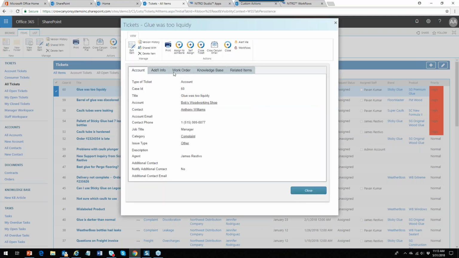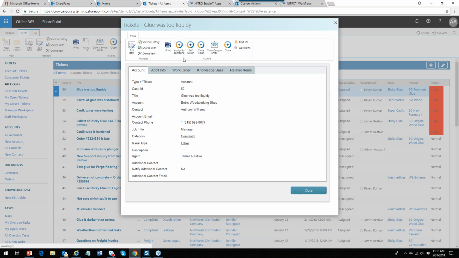Now this is opening up in our NITRO forms. We'll dig into that in a moment to show how the actions and the forms interrelate with each other. But here you can see those actions are here also. So you can also put buttons at the top, and I'll show you how that is done as part of the action. So my point here is that the custom actions are ones that can have clickability,